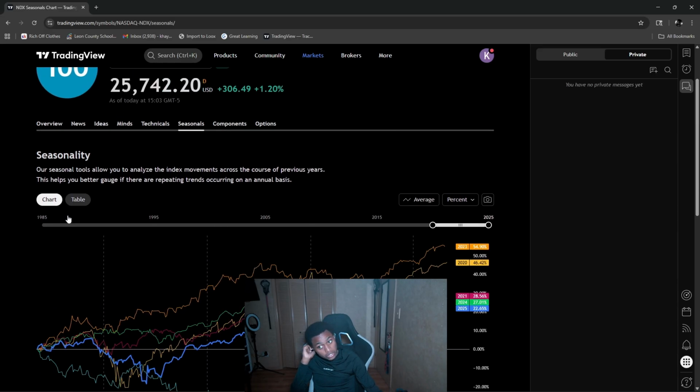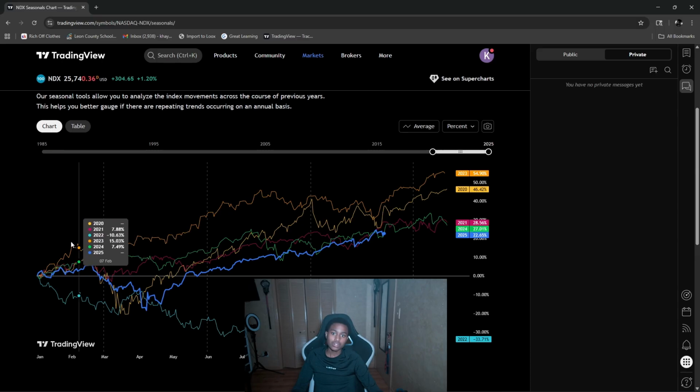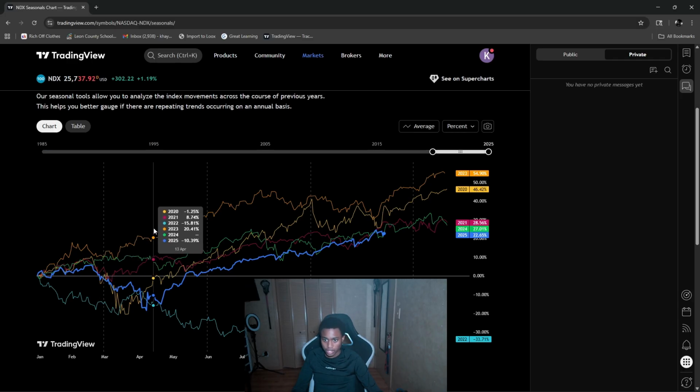And then we have seasonals. It shows overall seasonal index movements across the course of years. So the yellow is 2020, the red is 2021, the cyan is 2022, the orange is 2023, the green is 2024, the blue is 2025. And as you can see, it seems like 2023 was a great year,